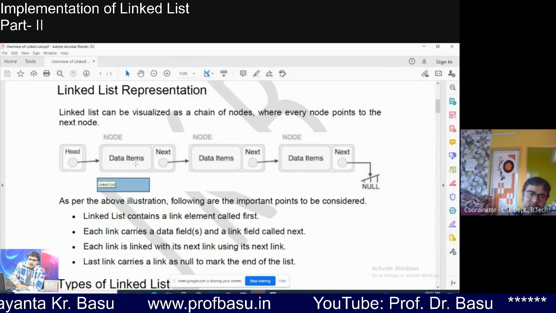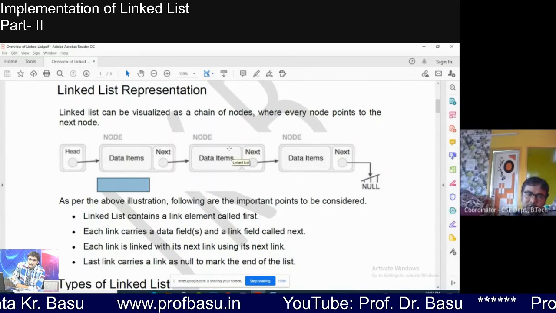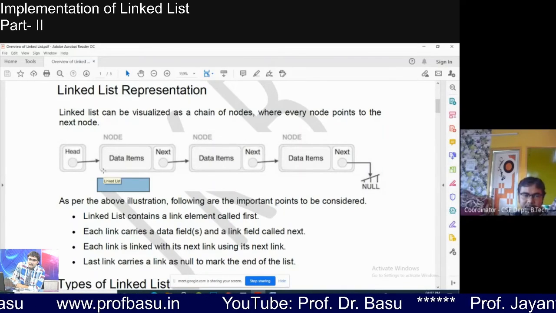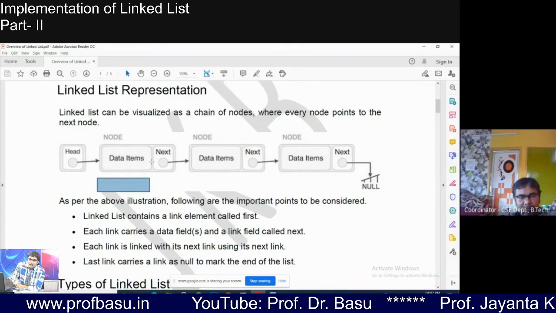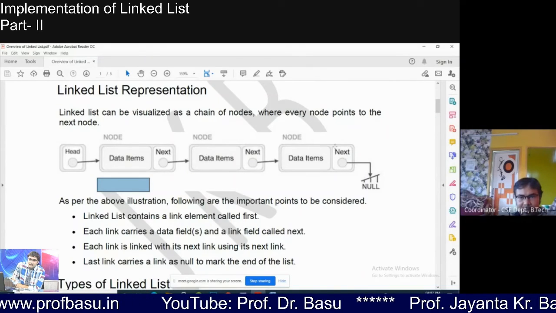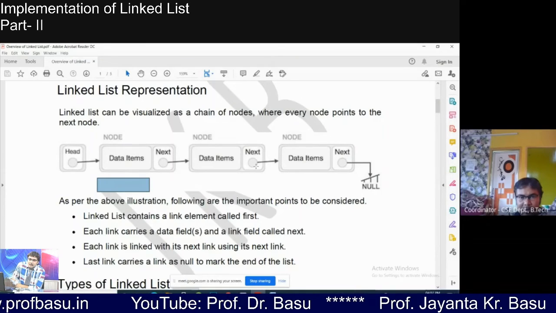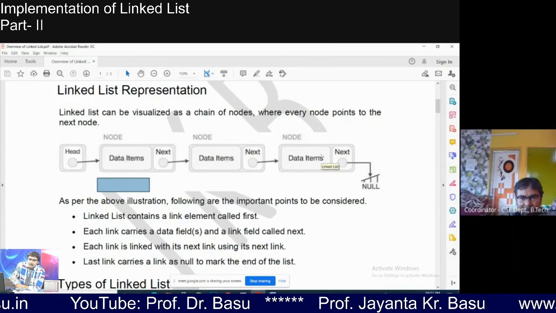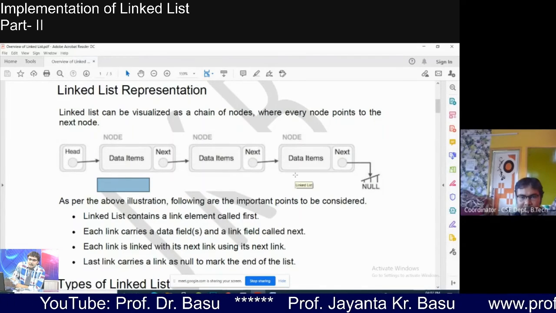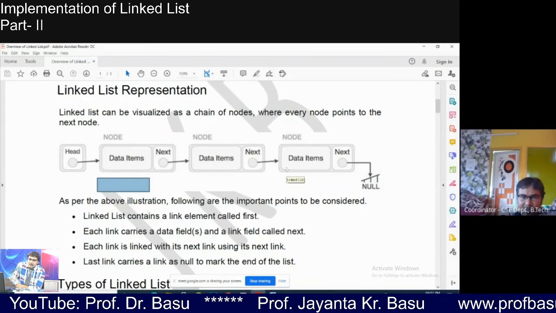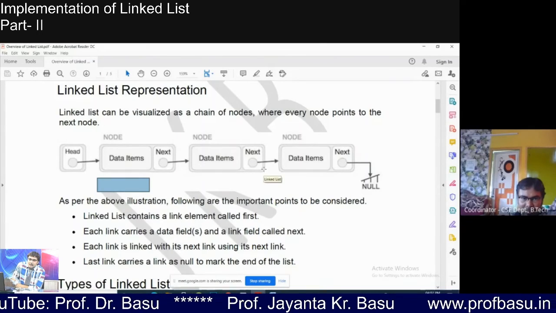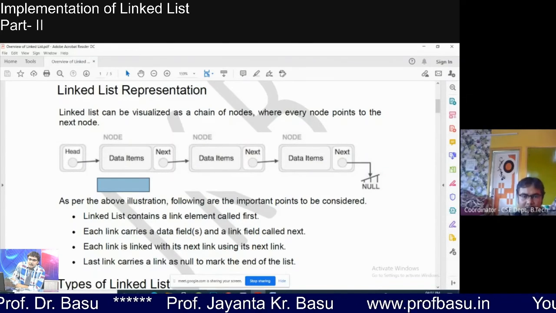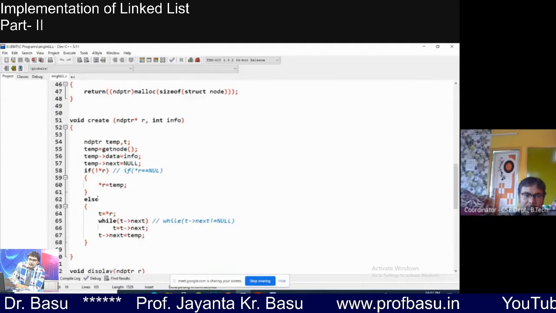So when we are going to add the second node, or the third node, we have to traverse from the beginning. To add this node, I have to reach the end of the list. So to reach the end of the list, I definitely have to take another loop. It will be the else part.